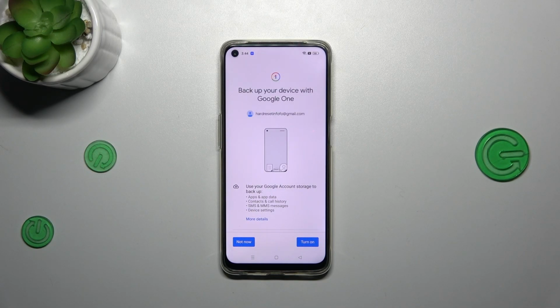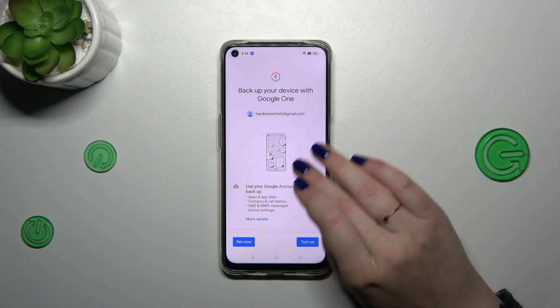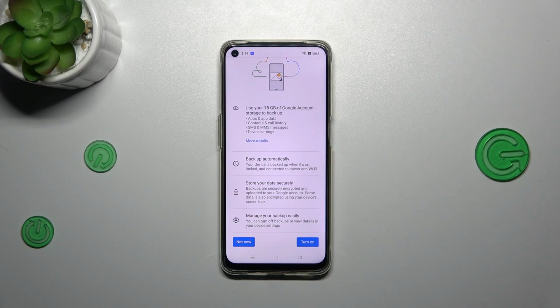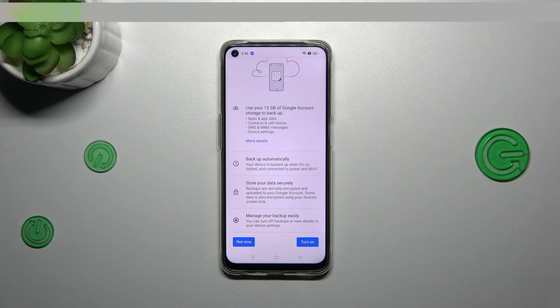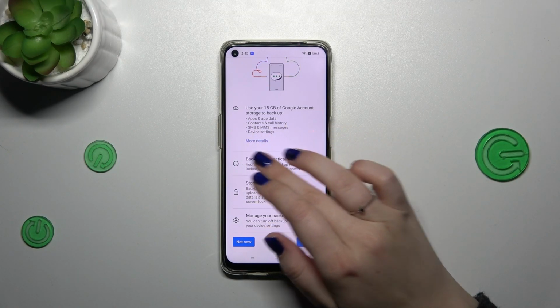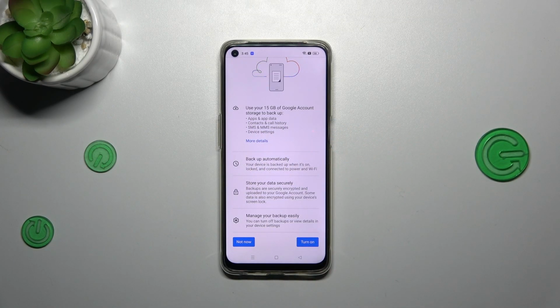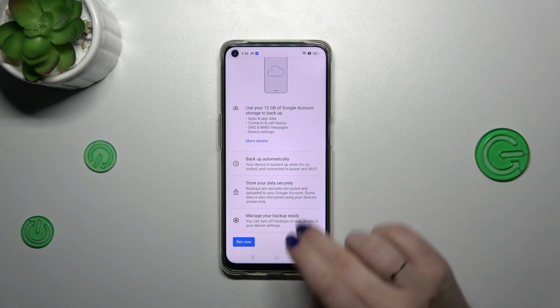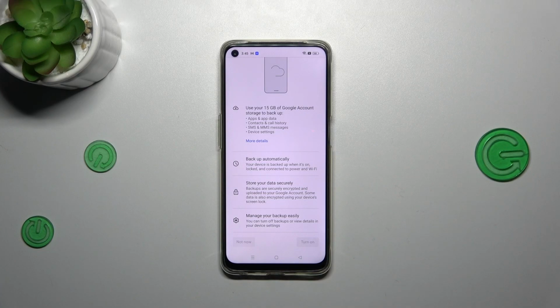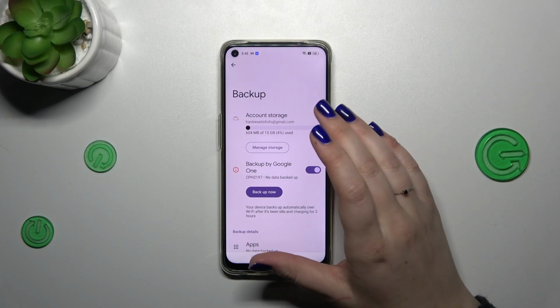Here we've got the information about the backup, so you're actually able to use 15 GB of the Google account to backup apps and apps data, call history, contacts, device settings, and text messages. Of course, you can tap on more details to learn more. Your device will backup the data automatically, store it securely, and you can manage it whenever you want to. So just tap on turn on, and here we've got the